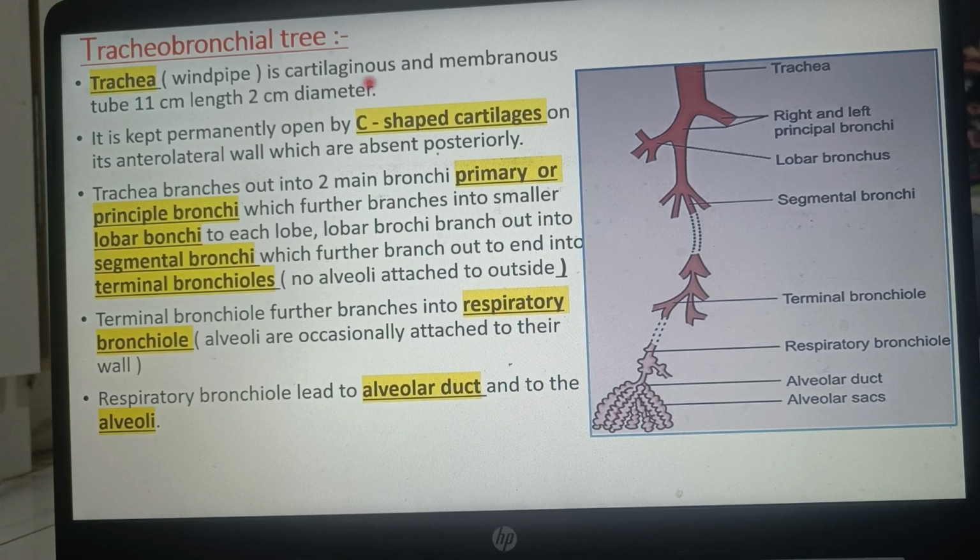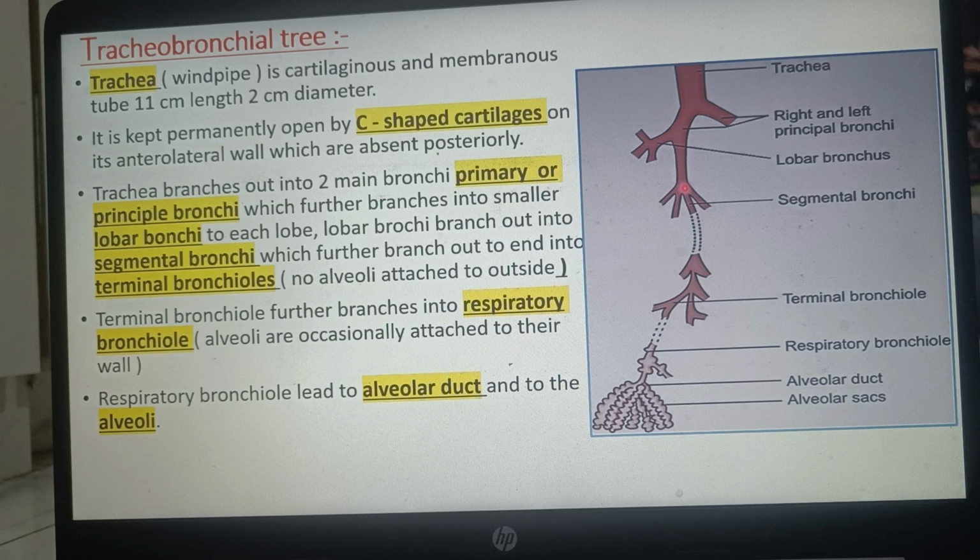It is a cartilaginous and membranous tube about 11 centimeters in length and 2 centimeters in diameter. So this is the trachea, which is a cartilaginous and membranous tube. C-shaped cartilages are present on its anterolateral wall, and posteriorly these cartilages are absent. The trachea bifurcates into two main bronchi, which are called the primary or the principal bronchi, which then